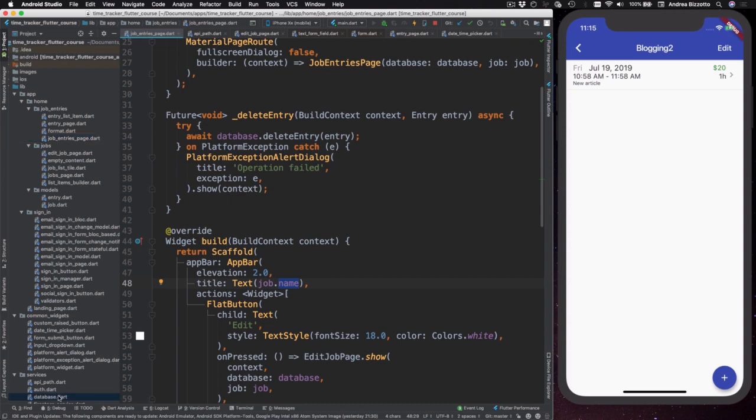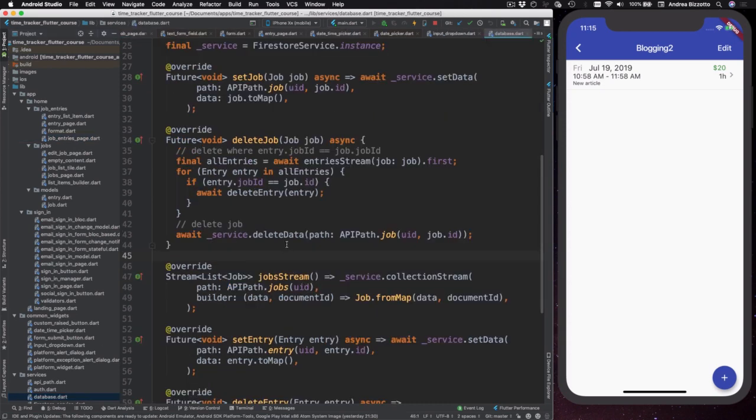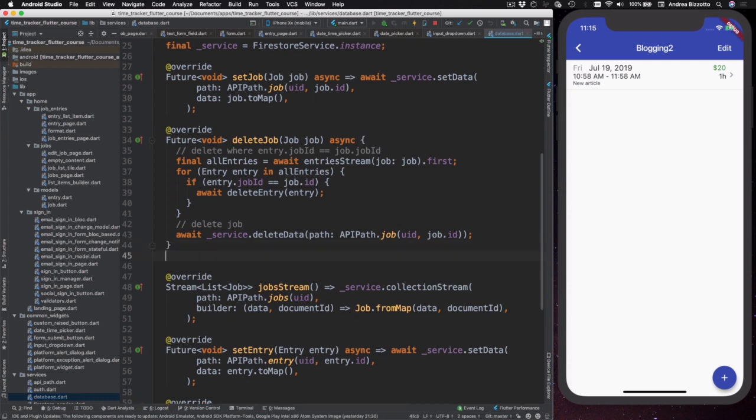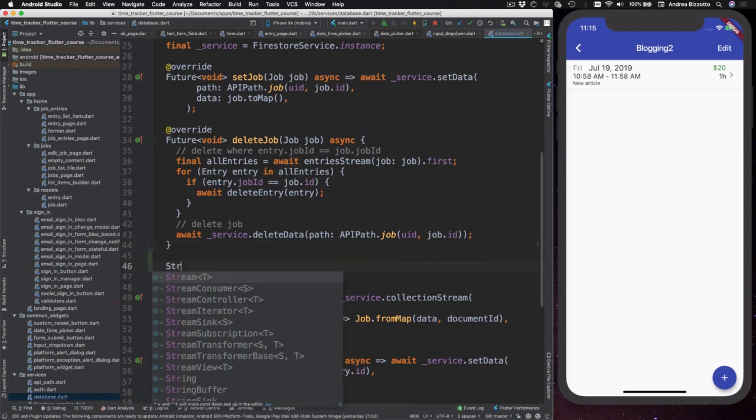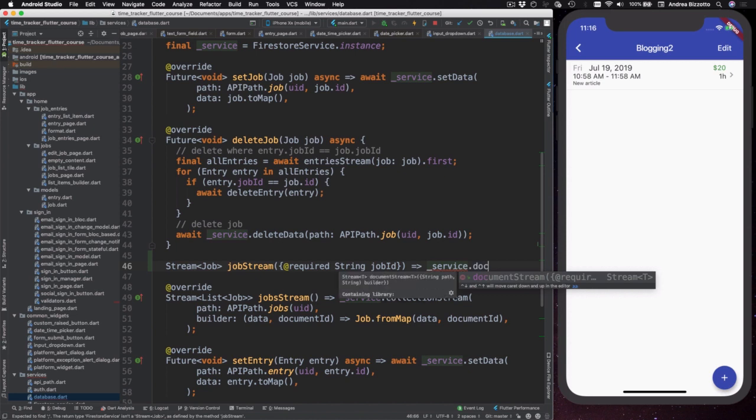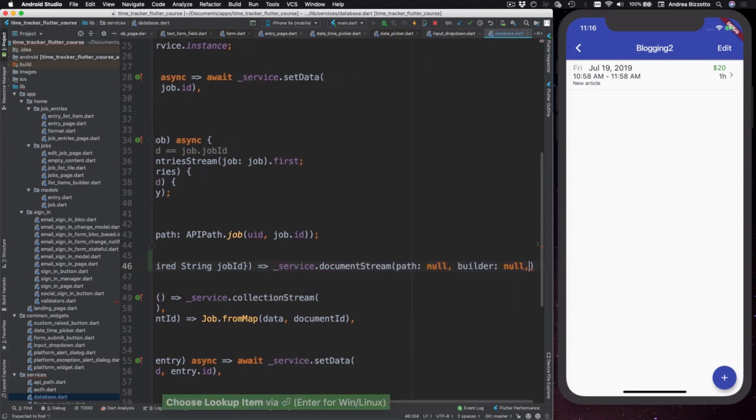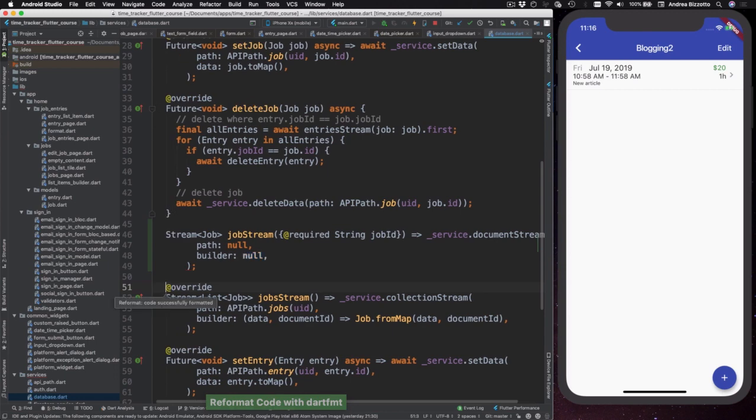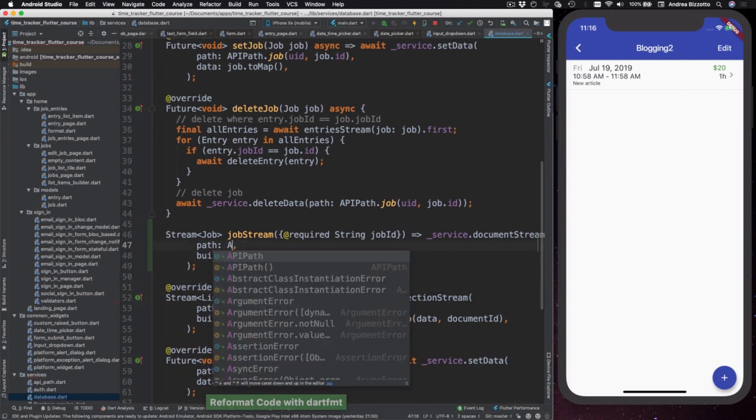First of all, I can open the Firestore database class, and over here I can add a new method that returns a stream of type job, and I'm going to call this job stream, and this takes just one argument, which is a required string job ID, and this uses the arrow operator to return service.document stream, and to this we need to pass some parameters. So to the path we are going to pass an API